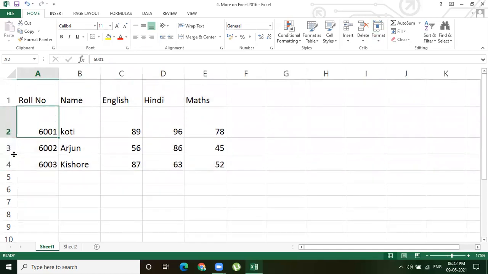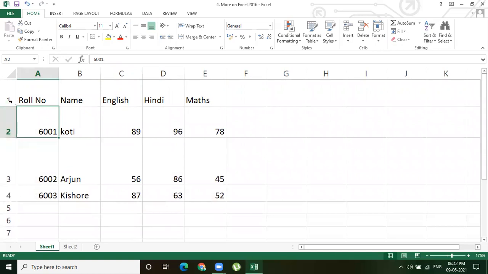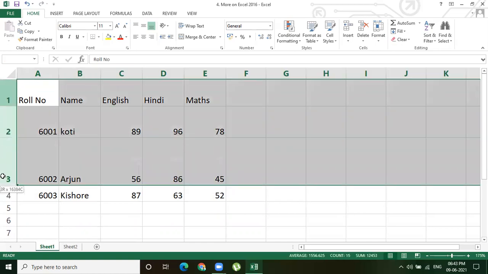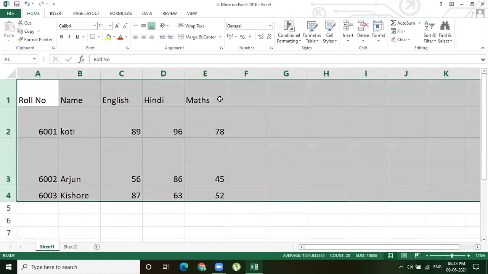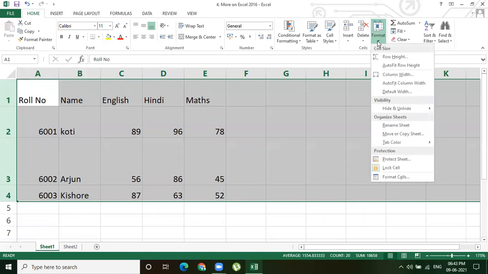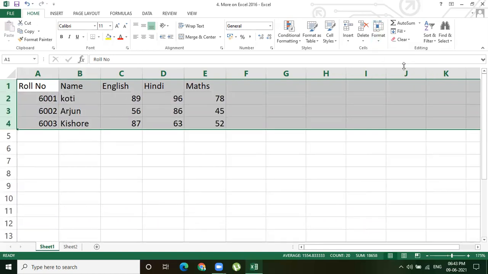Now here you see one column width is very big, one row height is very big and another row height is very small. There is no proper row height for these rows. So after selecting the rows, just go to auto fit row height. You can see it automatically fits the row height as per the size of the text, right?